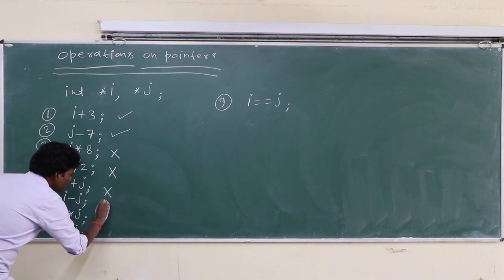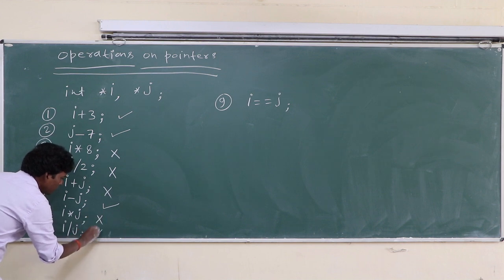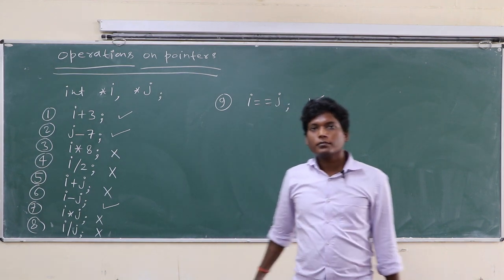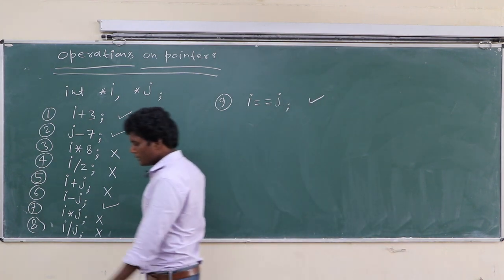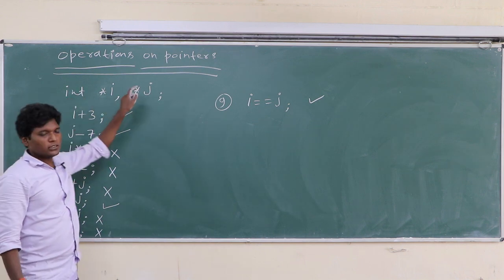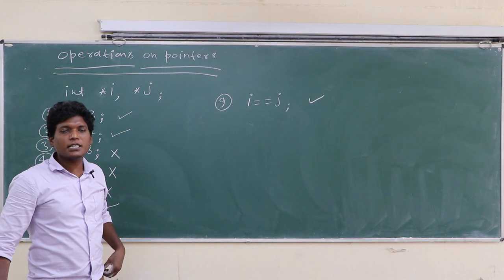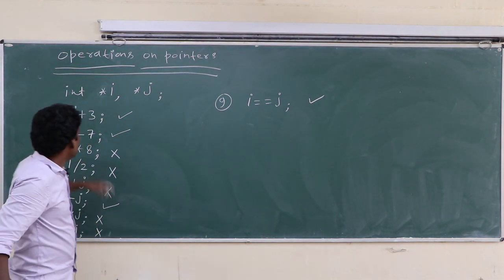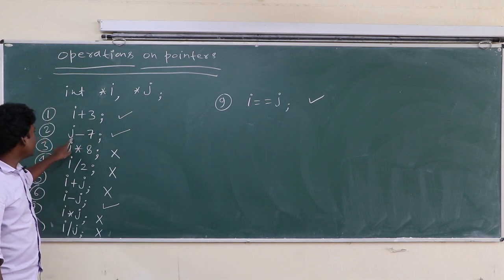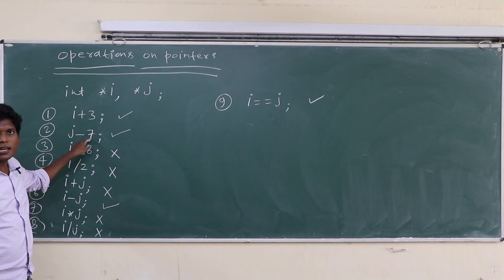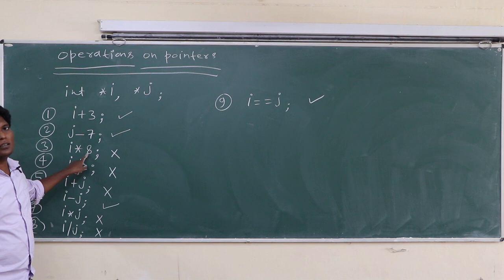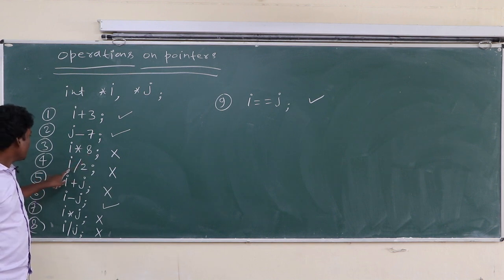is wrong, this one is true, this one is wrong, this one is wrong, this one is true. Class, these operations can be performed here, int i and j, basically two pointers. With a pointer we can add some constant, with a pointer we can subtract some constant, with a pointer we cannot multiply some constant,